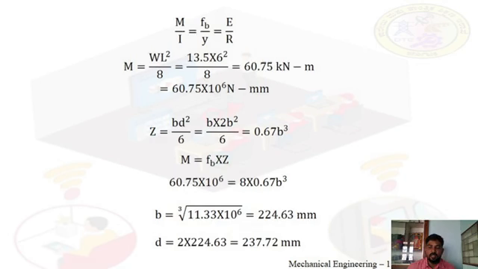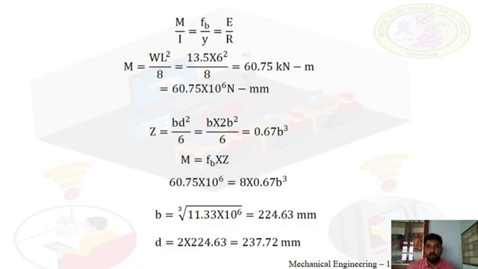So now we know that is wall with load, entire wall load ಆಕ್ಟ್ ಆಗ್ತಿದೆ. Assume that as simply supported beam with UDL. Now the simply supported beam with UDL, the formula moment M is equal to WL square by 8. W we know 13.5, L we know, divided by 8, that is equal to 60.75 kilonewton meter. So convert that into mm because dimensions are in mm. So we know the formula Z is equal to b d square by 6. So keep Z in the form of b. Now 0.67 into b cube.